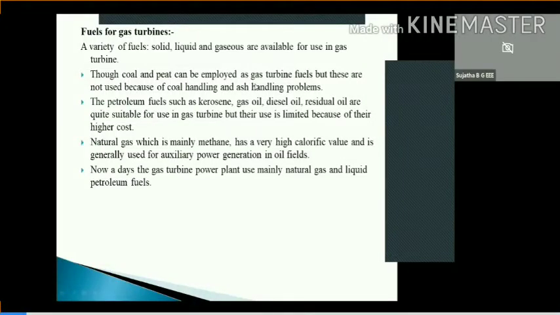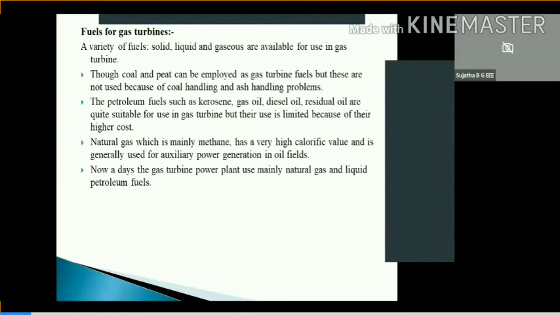See, in the earlier class, we have seen how a gas turbine power plant works. You have seen the overall block diagram, and also you have watched the video of how a gas turbine power plant works. And also, if you remember the basic principle of working of a gas turbine power plant, it mainly works on the principle of conversion of chemical energy that is present in the fuel into mechanical energy. And the main components of gas turbine power plants are the compressor, then the combustion chamber and the turbine. Of course, then the turbine is coupled to an alternator.